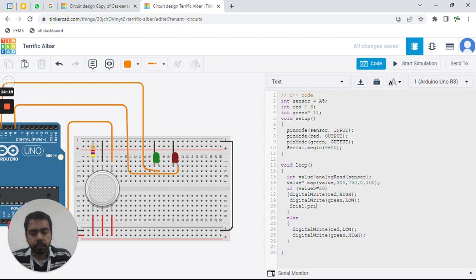So whenever this is high, I can print danger. Serial dot print danger.